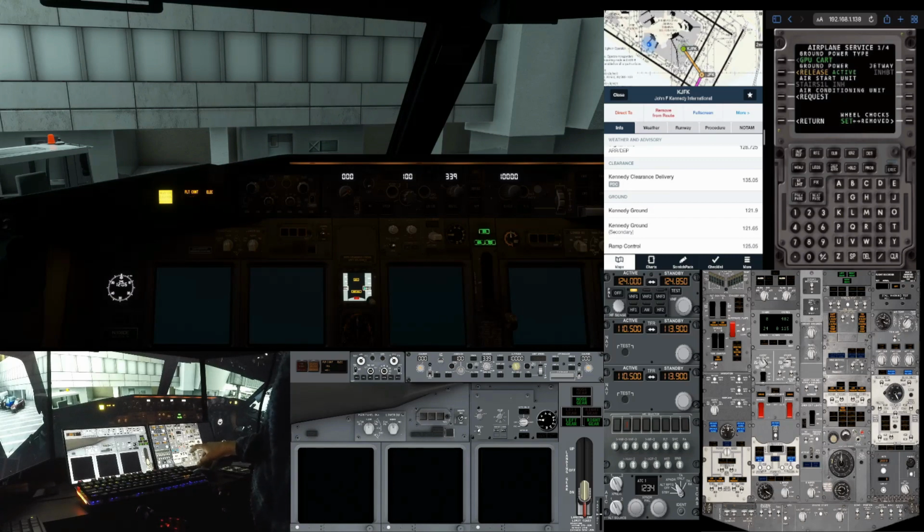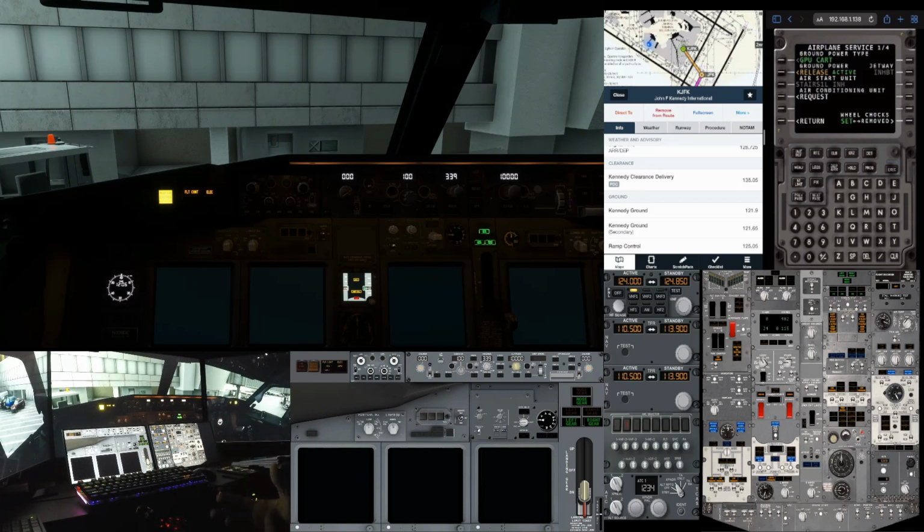Seatbelts on. Windshield heat is on, electrical pumps to on, and I can just turn the packs to auto and the bleed air to on. You're going to get the bleed air from the APU once it kicks in. Set the altitude for today's flight. Okay, just to be clear about one thing, since this is a commercial client operation, we have custom weather,